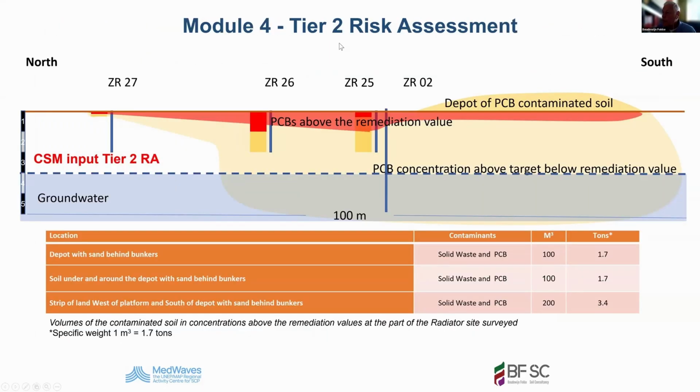Now we come to the next level of risk assessment, the tier 2. This is the example being used also in the modules. This is a depot of PCB contaminated soil. This is the PCB above the remediation value. So taking the samples and comparing the analytical results with the target levels is basically the tier 1 risk assessment. The target levels are always